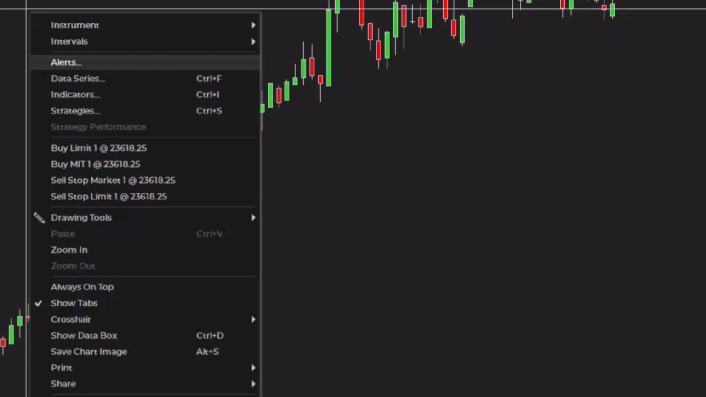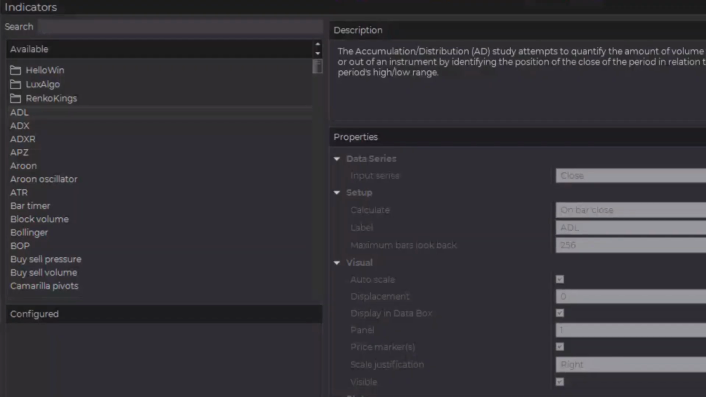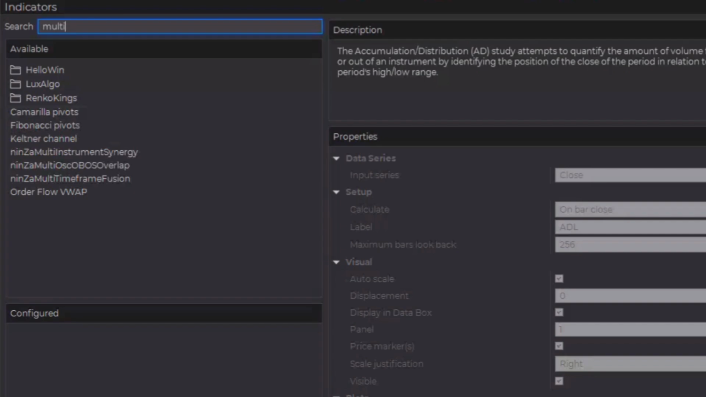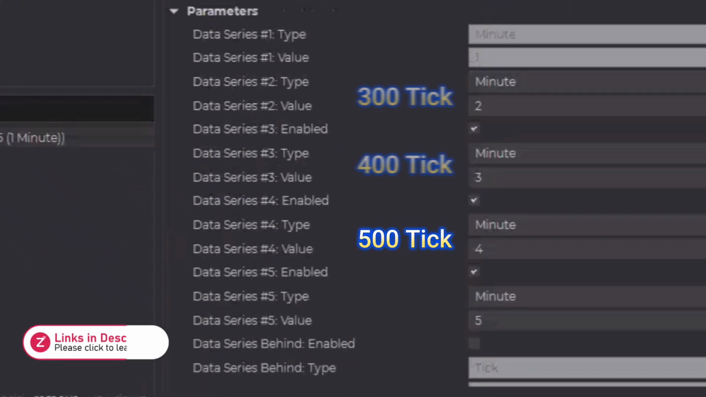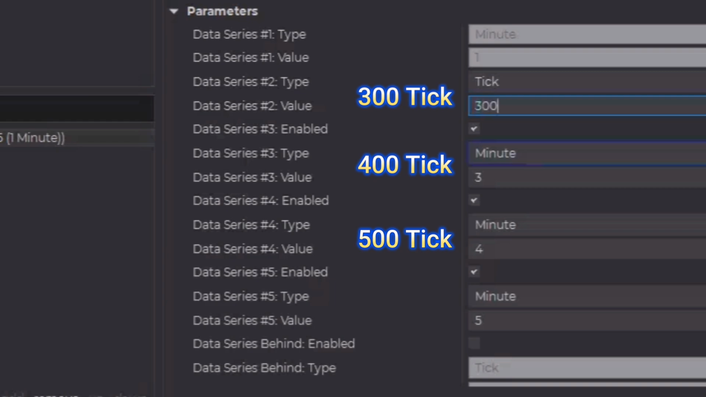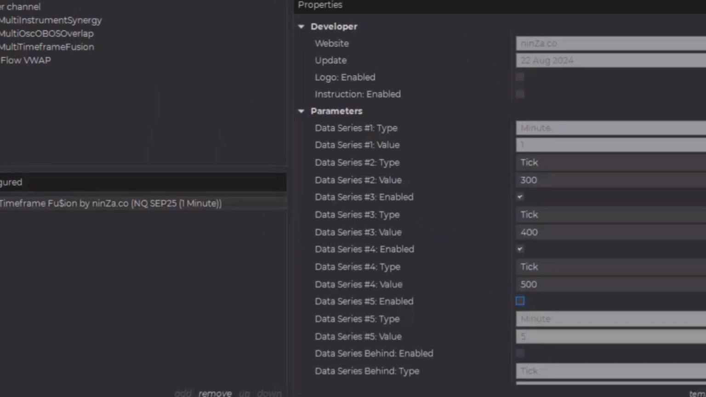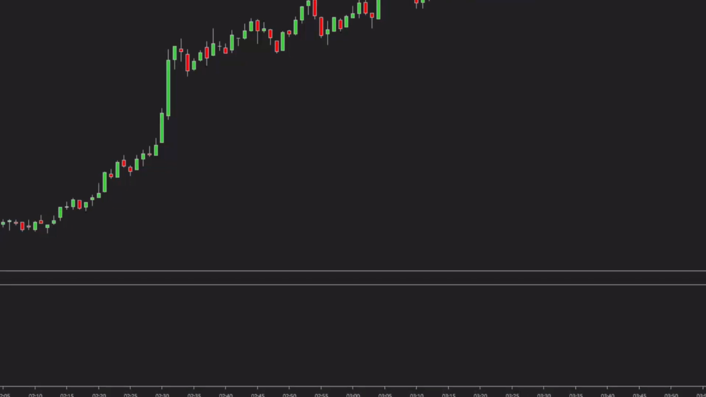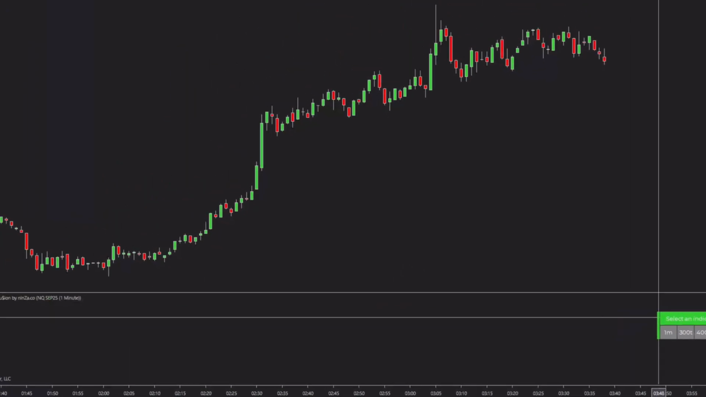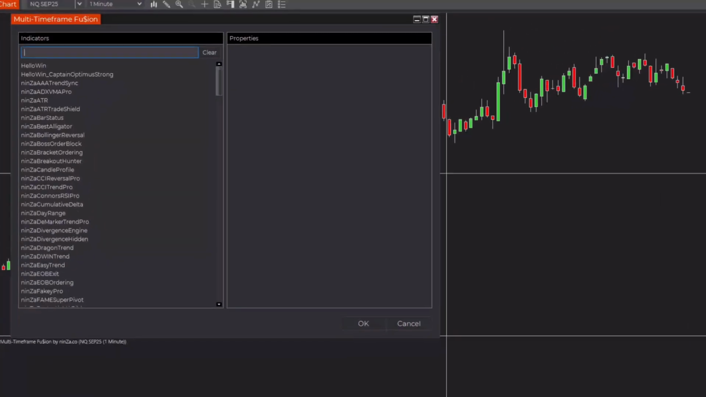First, let's open the indicator and enable the multi-timeframe fusion feature. For this setup, we'll define the time frame step by step as 300 tick, 400 tick, and 500 tick. Next, we'll add Super JumpBoo as the input for multi-timeframe fusion, allowing the indicator to capture and analyze signals across